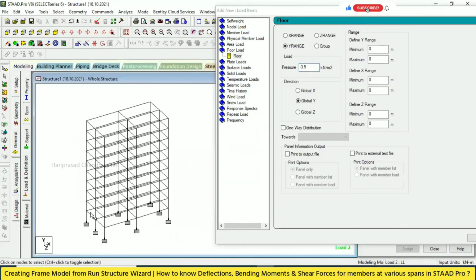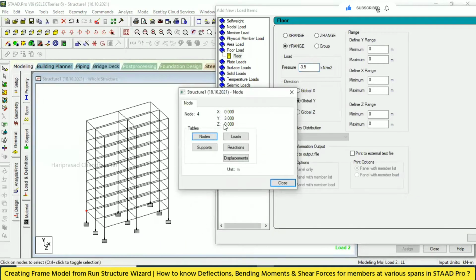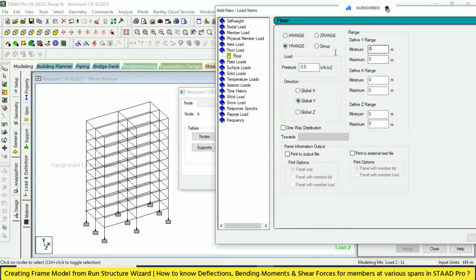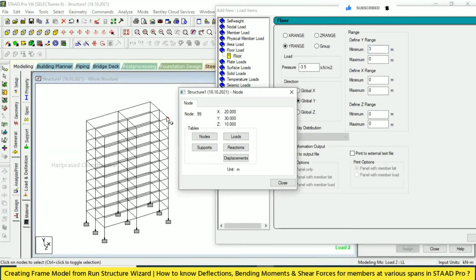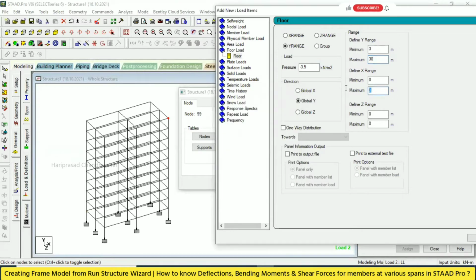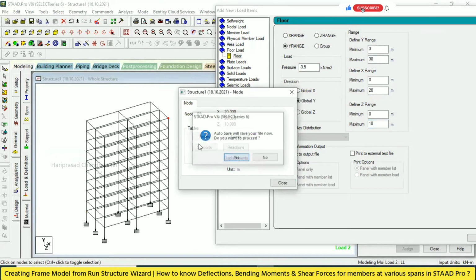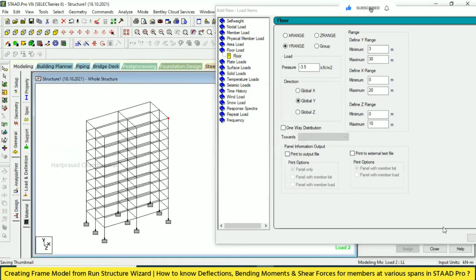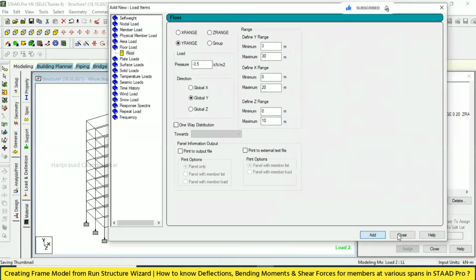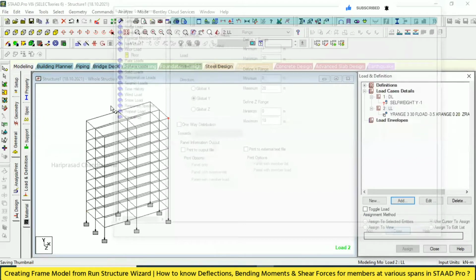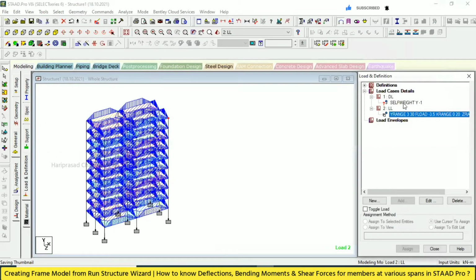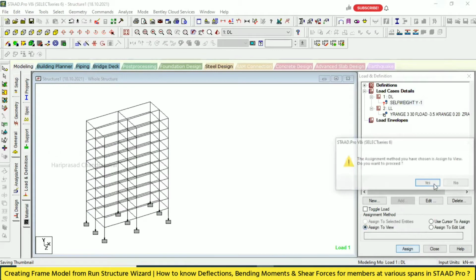So range from here, this is minimum, right? And then here. And you can see everywhere the floor load is coming and then self weight, assigned to view.